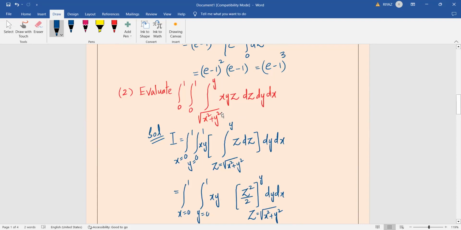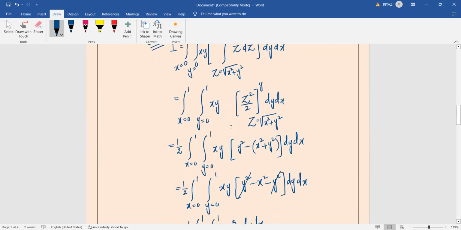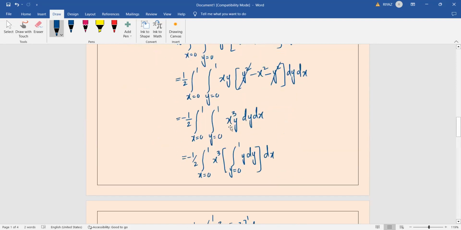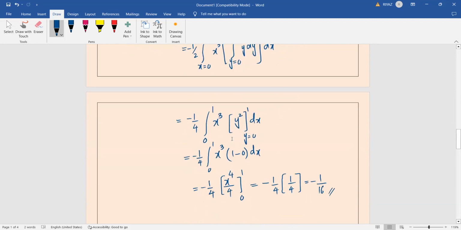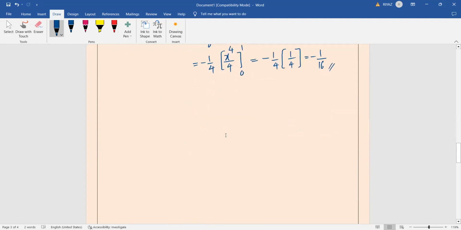And today I'll stop the triple integrals. For the next section, I'll go for some word problems where the limits are not clear. Look at the situation, and depending upon the situation, we frame the limits and we integrate the function. Because the third limit is complicated and in terms of x and y, obviously it is the z limits. So we integrate with respect to z, then apply the limit, then pull the terms not containing y, that is x cube, outside, and finally integrate. Moreover, I am sending the PDF as well as the recording, so do not worry about it.